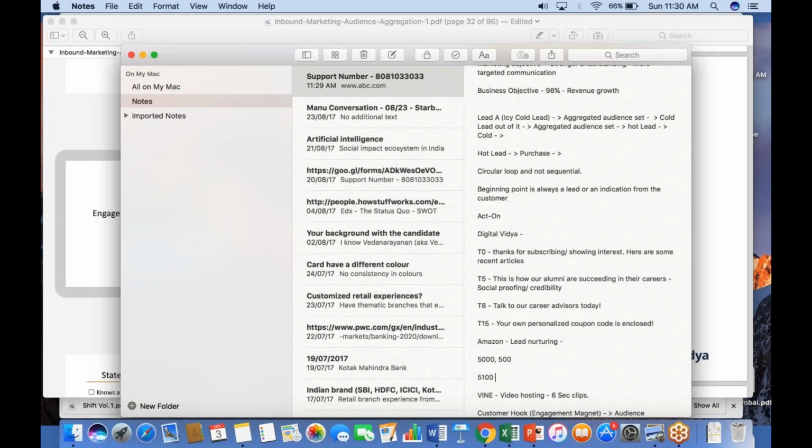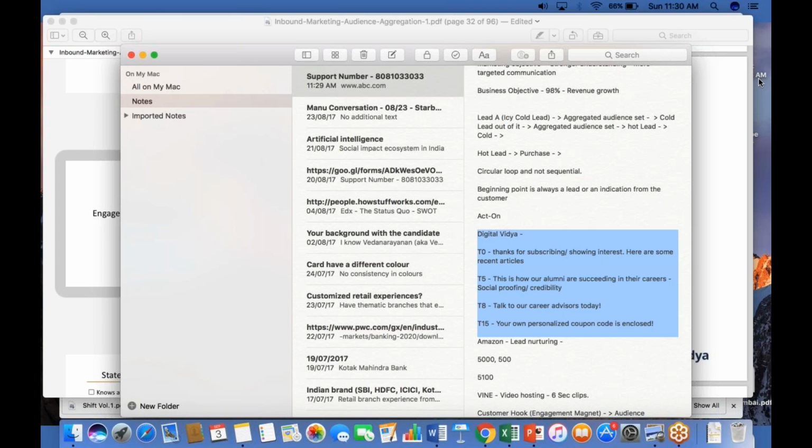In fact, I was hit with a notification which asked me to upgrade to the latest version of the Moto G. They said that your previous version of Moto G is irrelevant, redundant, moot. Why don't you upgrade to this new and upgraded version? We have a special offer just for you. So that's how an Amazon, which is a huge brand which sells standard products, would approach lead nurturing and audience aggregation, versus, say, a Digital Vidya, which sells fairly non-standard products.